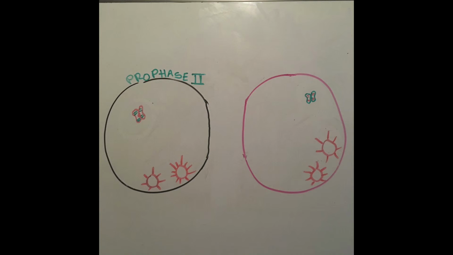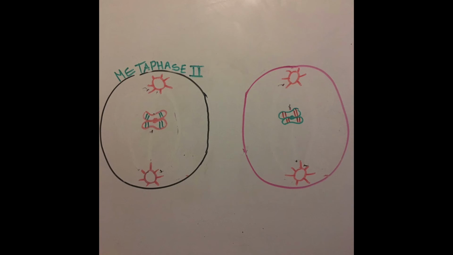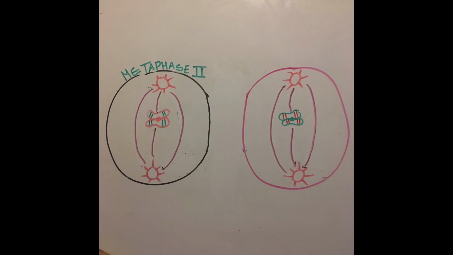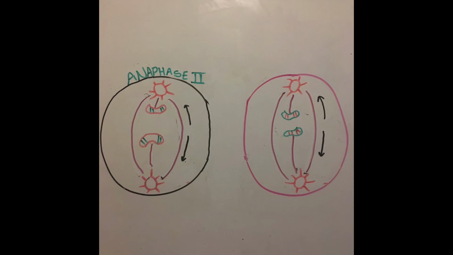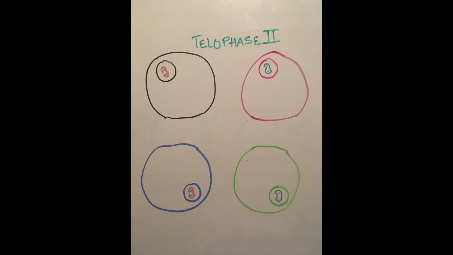Now begins meiosis 2. The first stage of meiosis 2 is prophase 2. Not much happens in this stage and there's no crossing over like there was in prophase 1. In metaphase 2, the chromosomes are going to line up again in the middle and the spindles are going to attach themselves to the chromosomes. In anaphase 2, the spindles are also going to pull apart the chromosomes, but this time the chromosomes will divide into chromatids. Lastly, in telophase 2, new nuclei begin to form again, and then cytokinesis happens to create 4 new